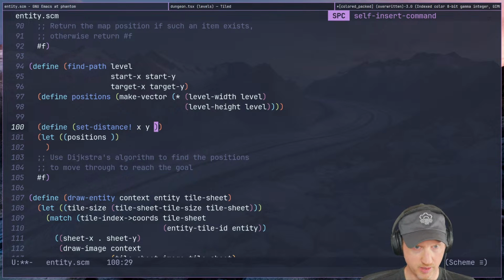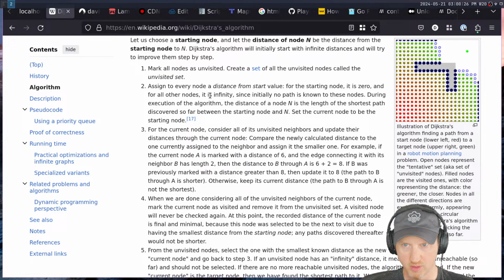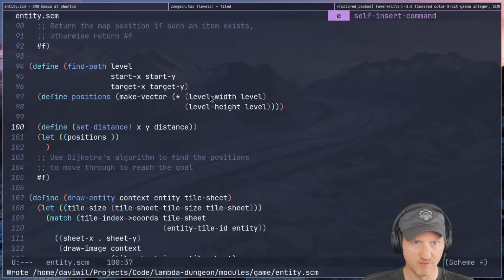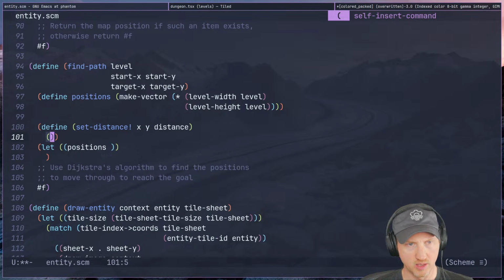X, Y, distance. Assign to every node a distance from start value. For the starting node, it's 0, and for all other nodes, it's infinity. Okay, so we got set distance. What we'll say is